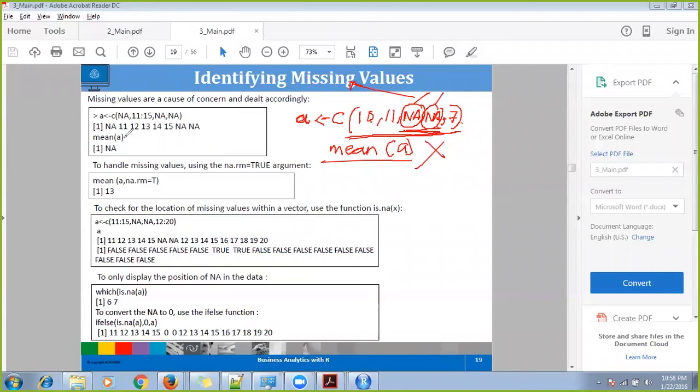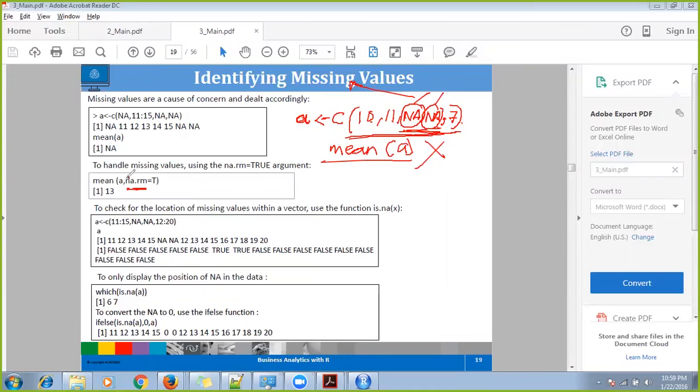So instead of just saying mean of A, there is a parameter inside the function mean, or any function on a vector, matrix, basically anything more than a scalar, called na.rm.